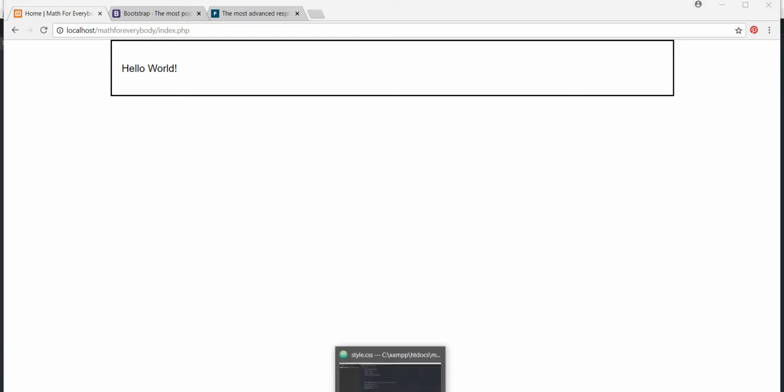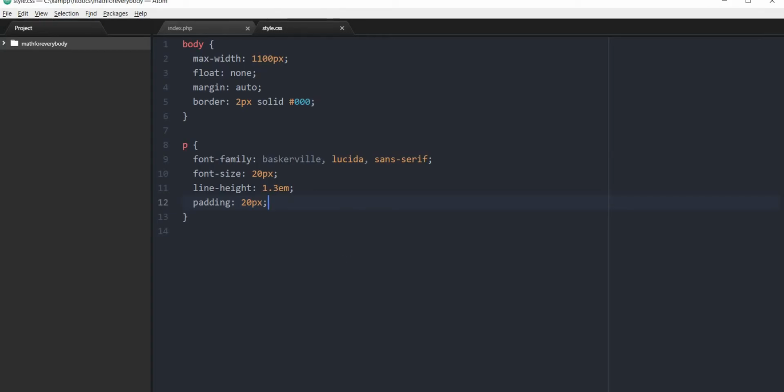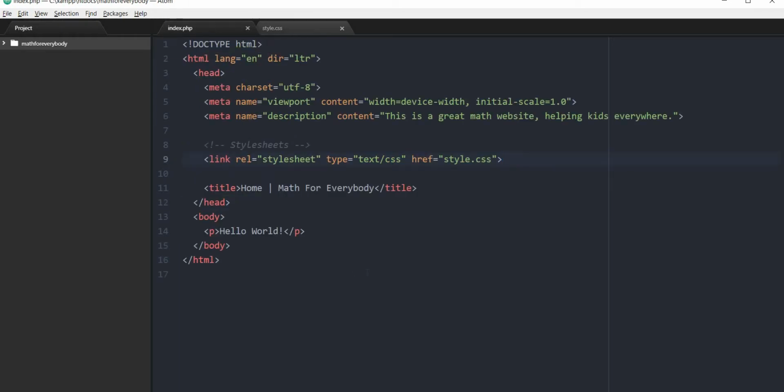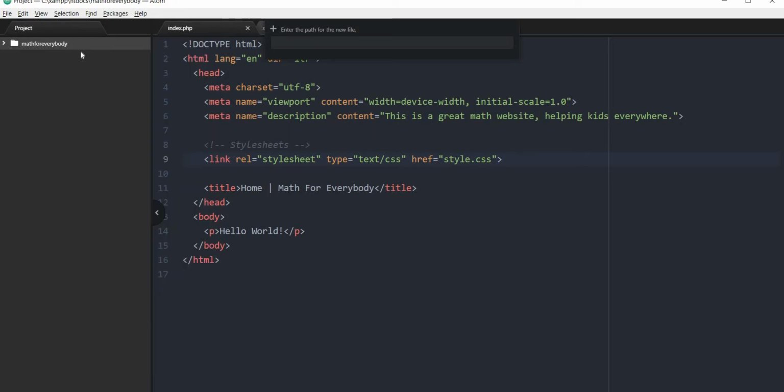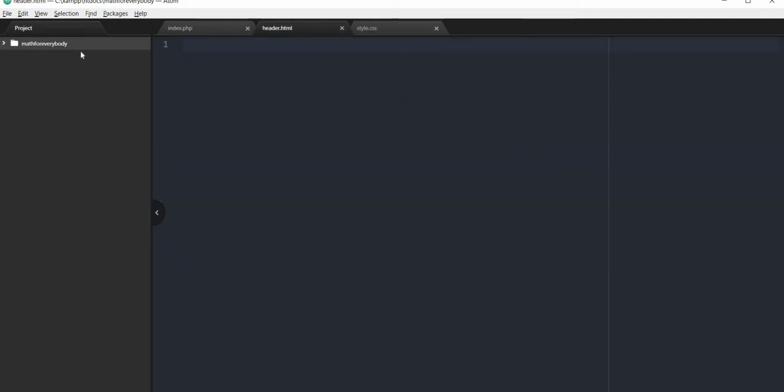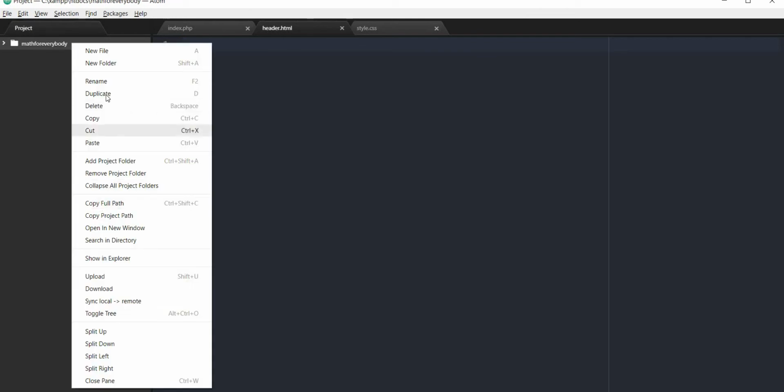Okay, so I'm going to bring Atom back up. So we have our style sheet that we started, okay? And then we have our body. There's a couple things I want to do here. I want to create a couple files. So I'm going to create a header file, I'm going to call that header.html. Okay, and I'm also going to create another file, and I'm going to call that one